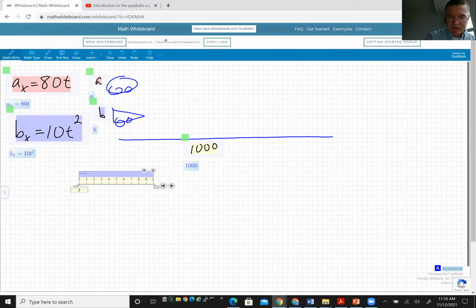And now I've turned on math sketching, which brings up this little slider. And on the right-hand side of the slider, there's a play button. When I press the play button,